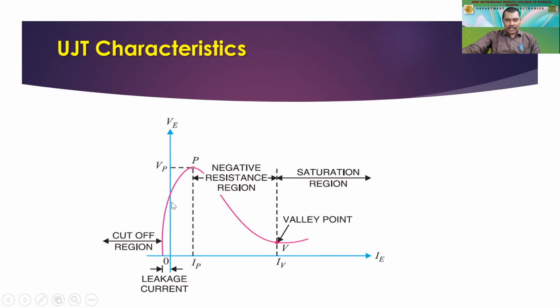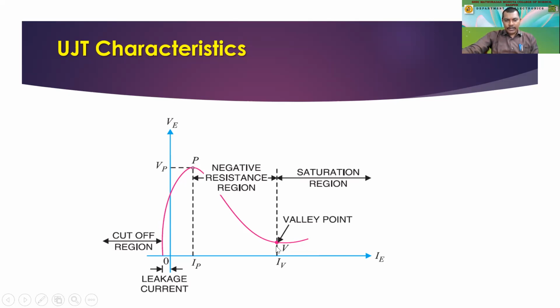Then as you go on increasing the voltage, the current starts increasing, right? As it increases to VBB plus 0.7 volt, this current will also increase. Now, an increase in the current will decrease the voltage. So here it's going to decrease the voltage with the increase in the current. As you are able to see here, the current is being increased, and since the voltage across the emitter is taken on the y-axis, the current is supposed to increase and the voltage is supposed to decrease.